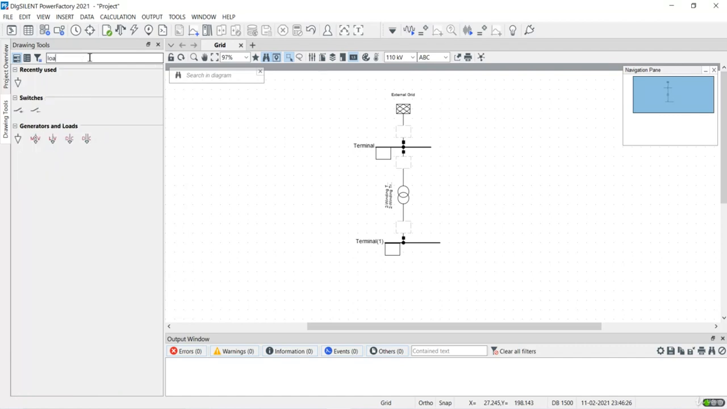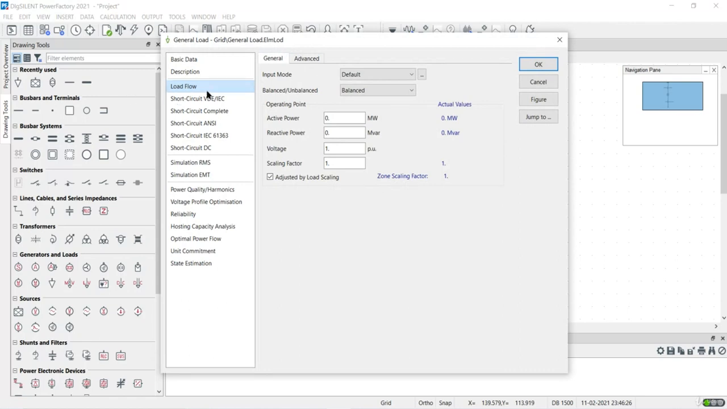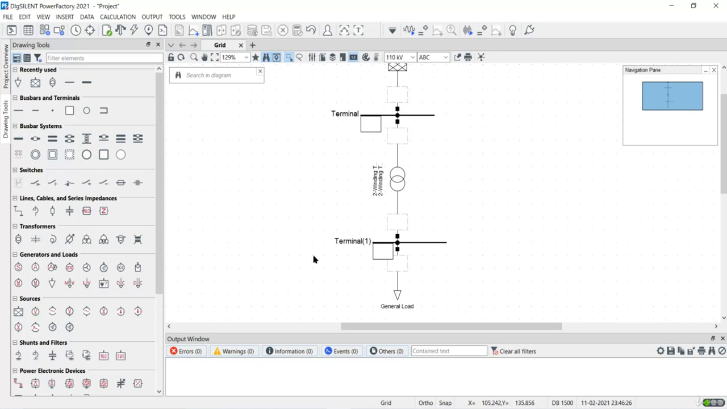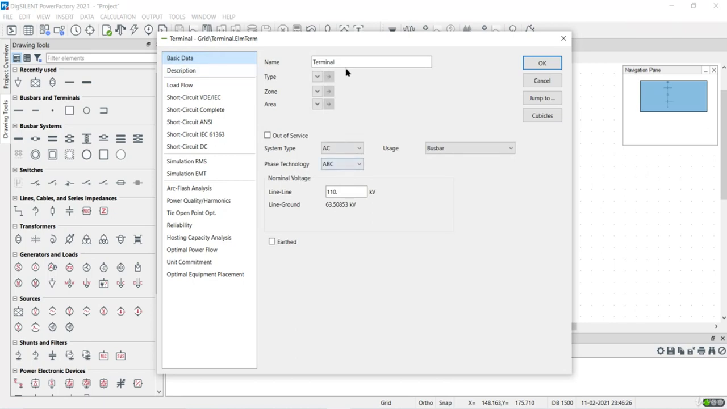And coming to the load, I'm connecting the load at the 33 kV and I'm setting my active power as 10 megawatt. So at here I can directly enter the active and reactive power over here, and I can also change my input mode from active power reactive power to active power with power factor. So for this I have switched my input mode to active power with power factor and I'm changing my power factor to 0.8. With this I'm done with the modeling, and if we need we can rename the bus names